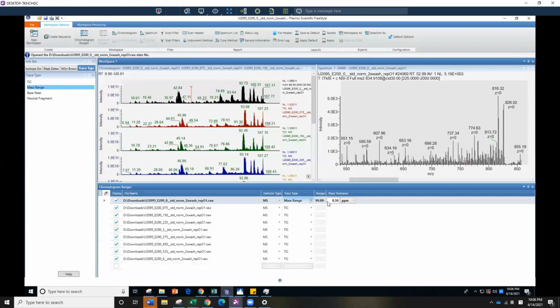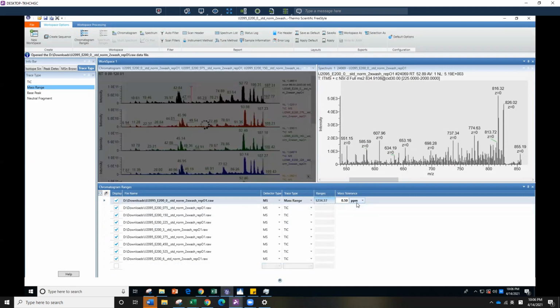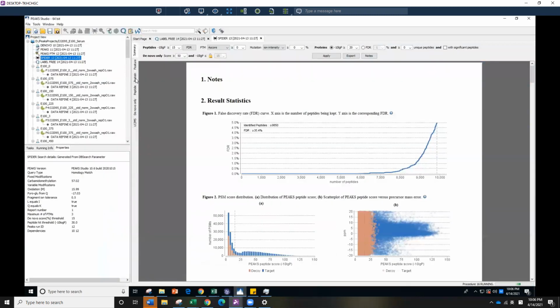And then you're going to enter a range, like 1, 2, 3, 4, 5, 6, 7, 8 M over Z, with a mass tolerance like 0.5 ppm, and you hit enter, and it's going to change the files for you to just look for that range with that ppm. It will take a while, and let's see if we got our spider. Okay, we got it. So let's go to protein tag